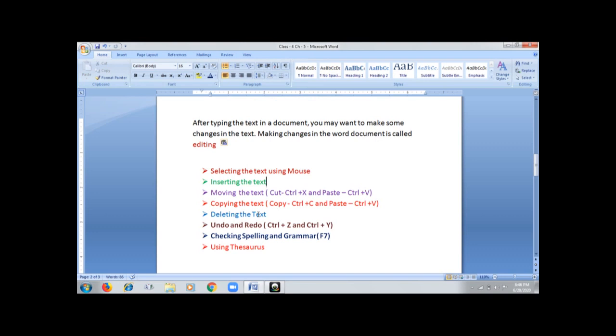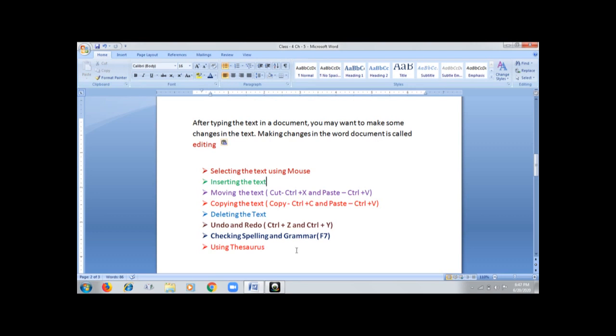Now, for deleting the text, you have two options in Word. First, you can simply use the backspace key from your keyboard. The second option is, whatever we want to delete, we just need to select it and press the delete key from the keyboard.